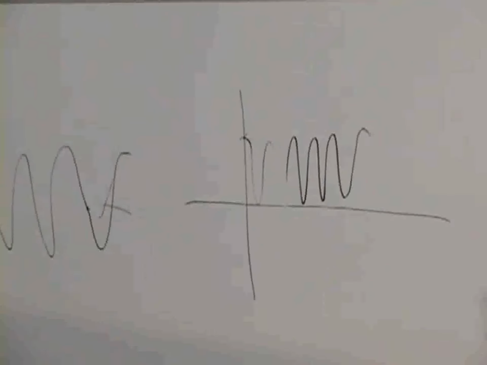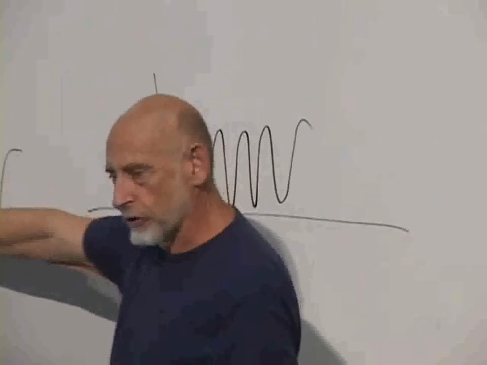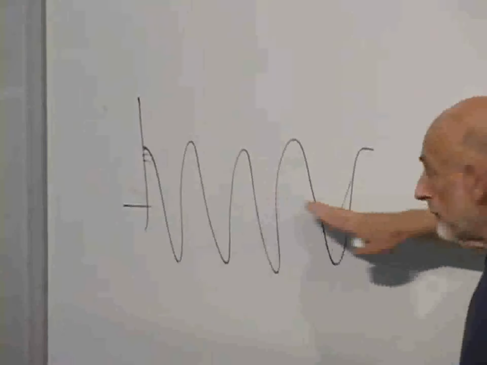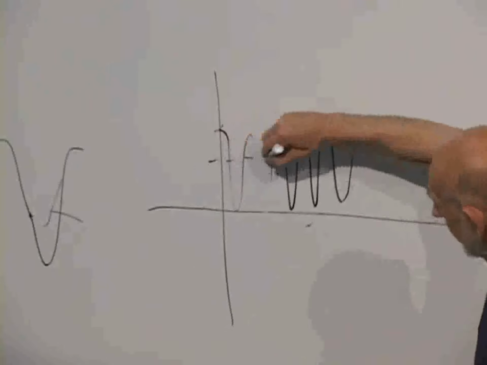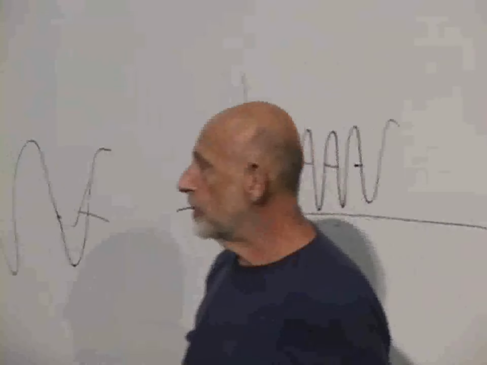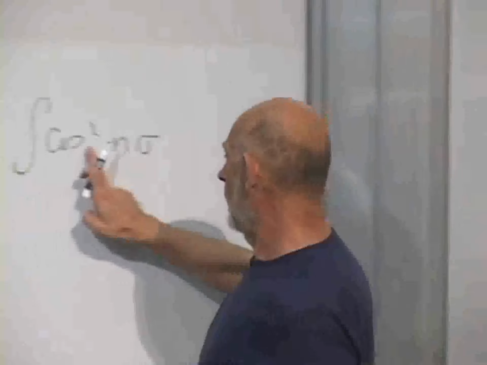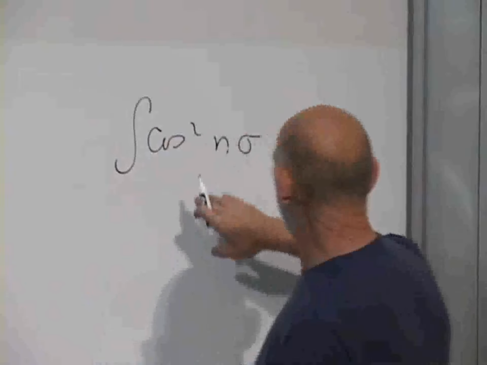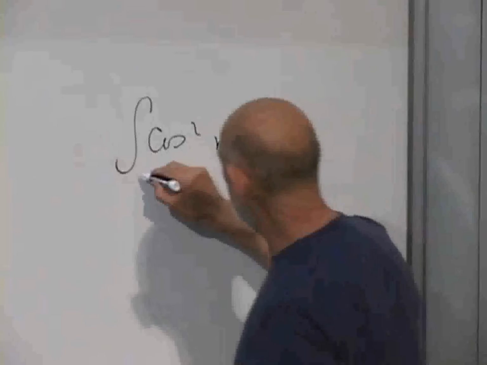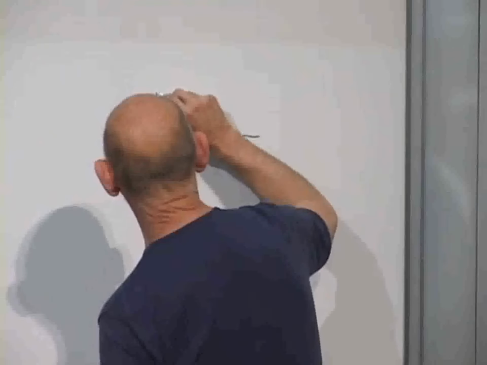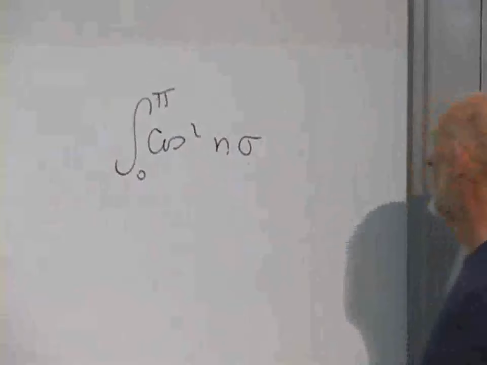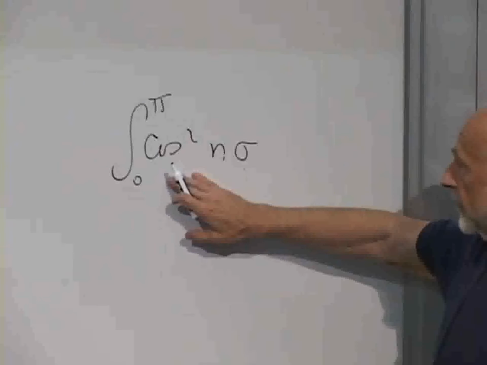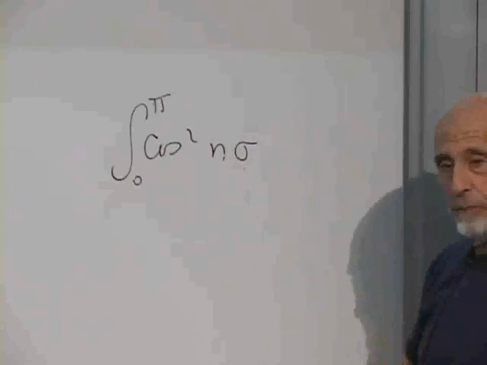The square of it looks like that. What is the average of the cosine? 0. What is the average of the cosine squared? A half. So in particular, if you integrate cosine squared, you can just say the average of cosine squared is a half, but you're integrating it between 0 and pi. So this function on the average is just a half, but when you integrate between 0 and pi,